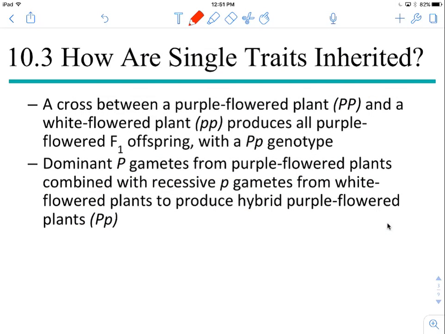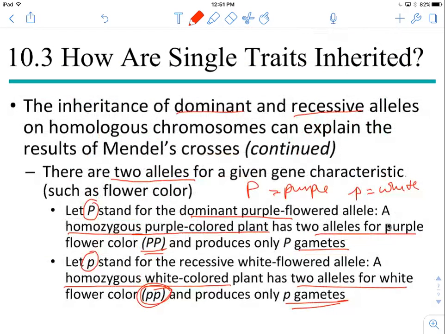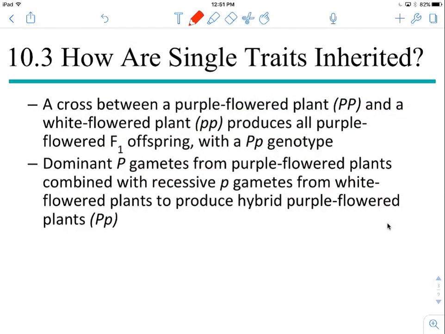Actually, let's go back here. Homozygous equals true breeding. So now we've got that definition. If we cross a true breeding purple flowered plant with a true breeding white flowered plant,